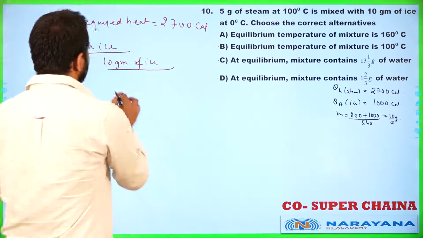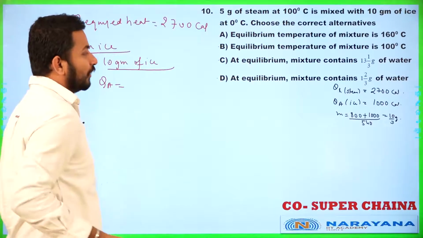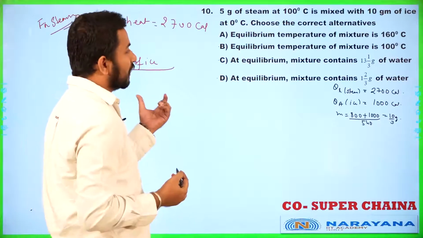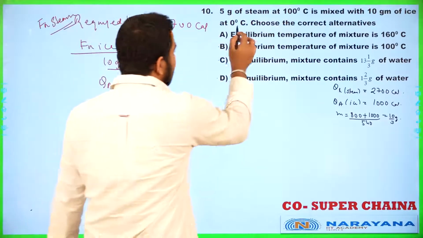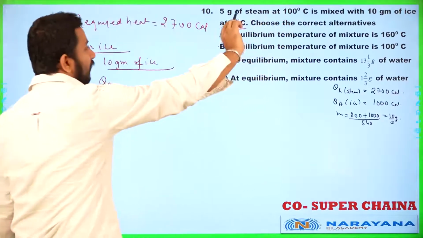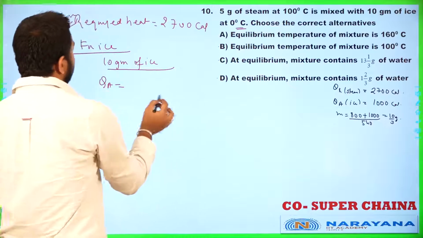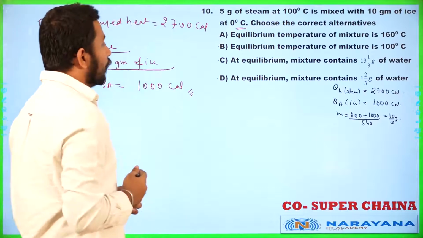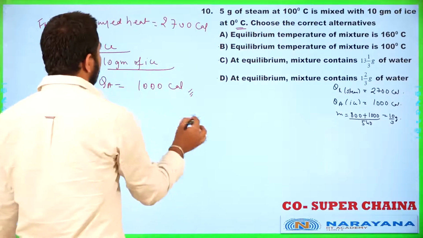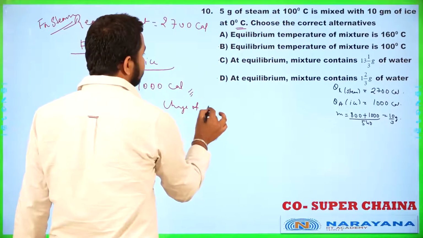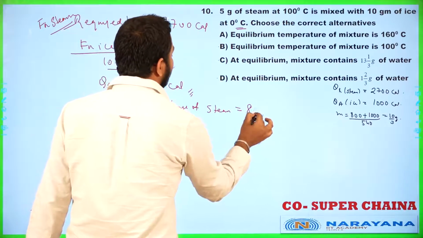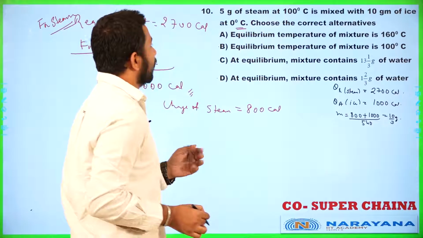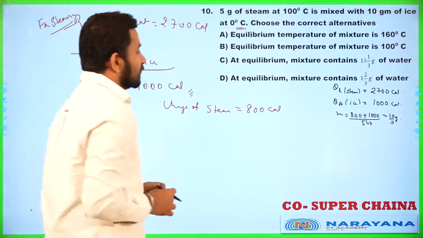So for 10 gram of ice, the Q which will be required: first we are calculating for the rise in temperature, because the ice is at 0 degree. Here we have taken it from 100, and it is coming to 0 degree. So if we check here, the Q which will be coming is 1000 calorie. Now for change of state, it will be coming as 800 calorie. Just substitute 5 gram, substitute the value here, right? So it will be coming as 800 calorie.